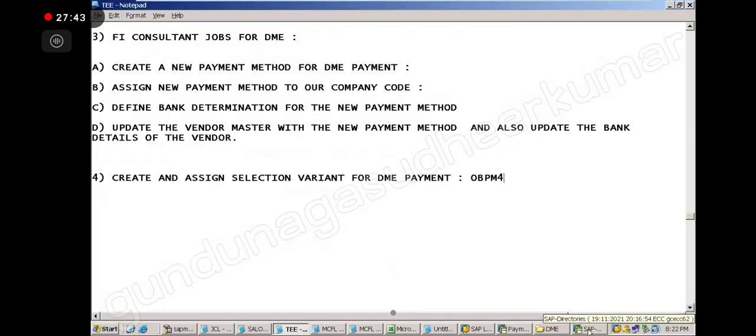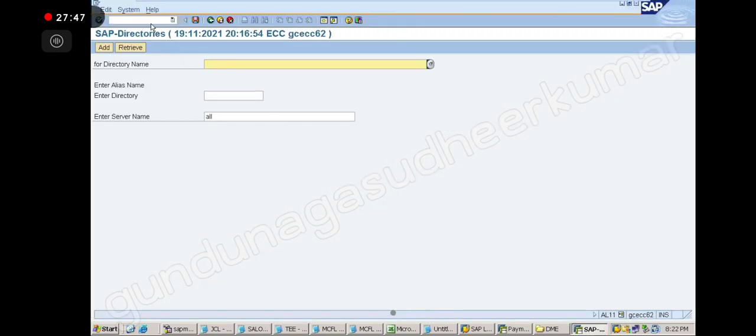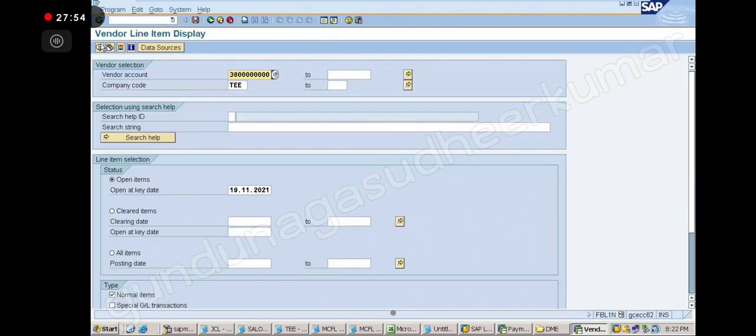Let me check what open items we have right now. Just save. Don't add or retrieve, use the save option.